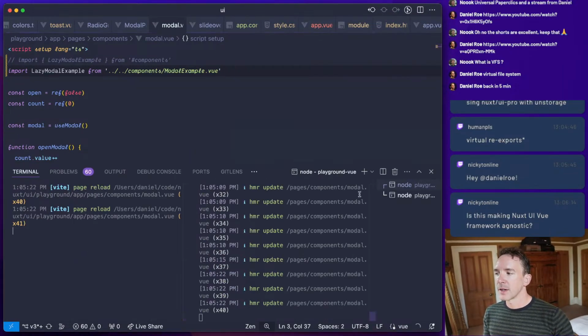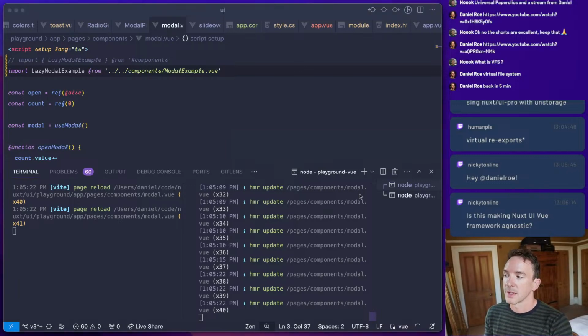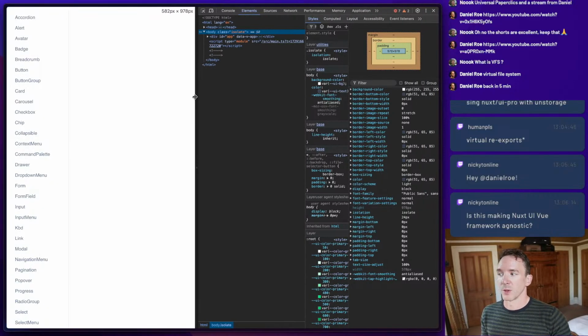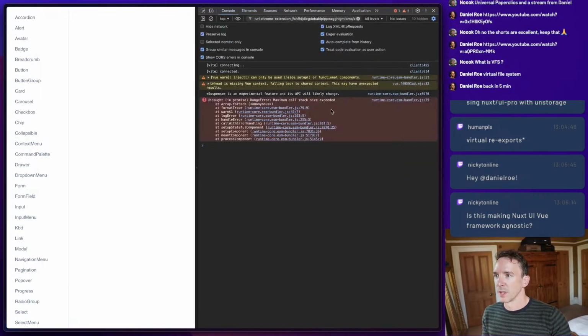So basically Nuxt UI will always work. It's designed to use the features of Nuxt, but there will be things you might be able to do with Nuxt and Nuxt UI that work better than with just Vue, I guess. That's a limitation we probably have to live with. But the aim is to make it work as well as we can without Nuxt, so people can use it in Vue on its own.